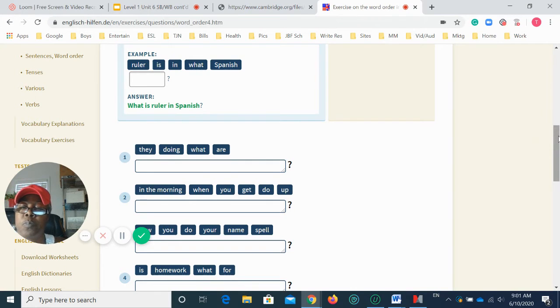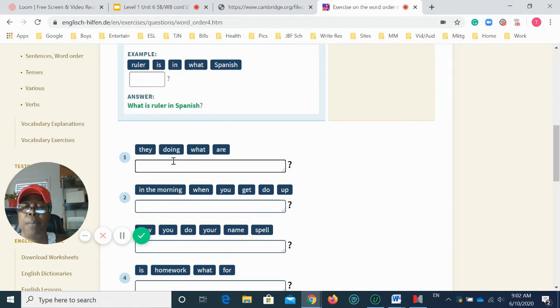Now, you'll notice, in our exercise over here, we were given the word with the capital letter already in it. But here, we're not given the word with the capital letter. So we are going to think about our question words, okay? Our question words will start the sentence, the question, followed by a verb, and then a subject, and then the rest of the sentence. So this one, number 1,